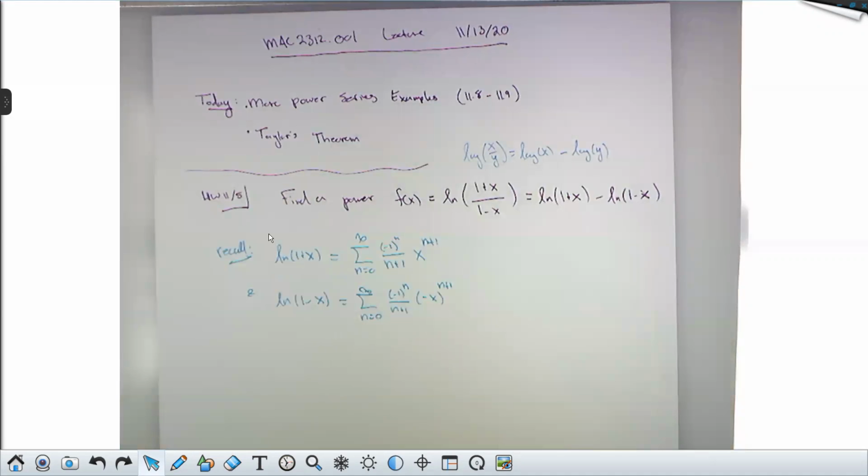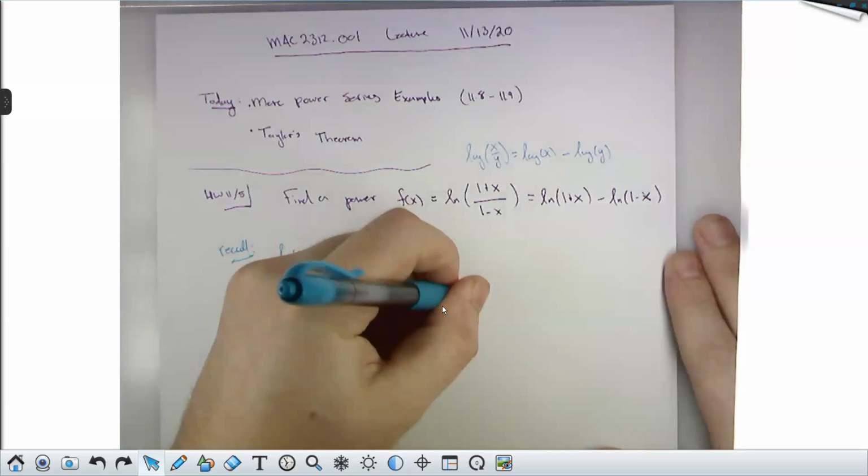I'm just taking the x in this series, which we discovered before, and replacing this x with a negative x to change this plus to a minus. And that just has the net effect of making the x in the power series negative. Now,